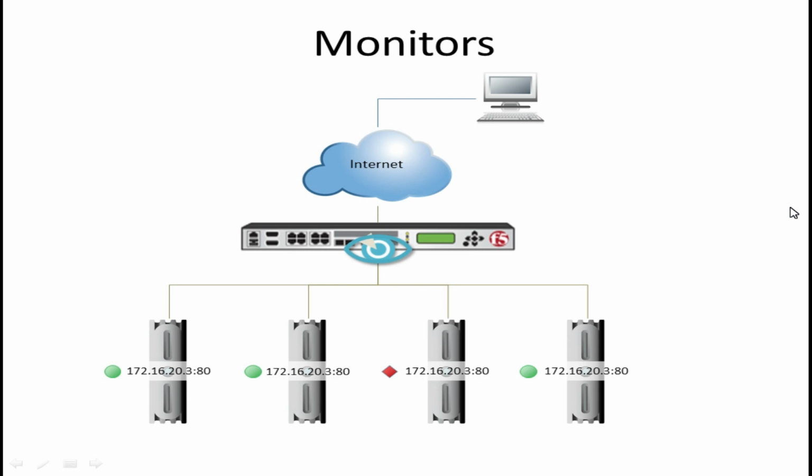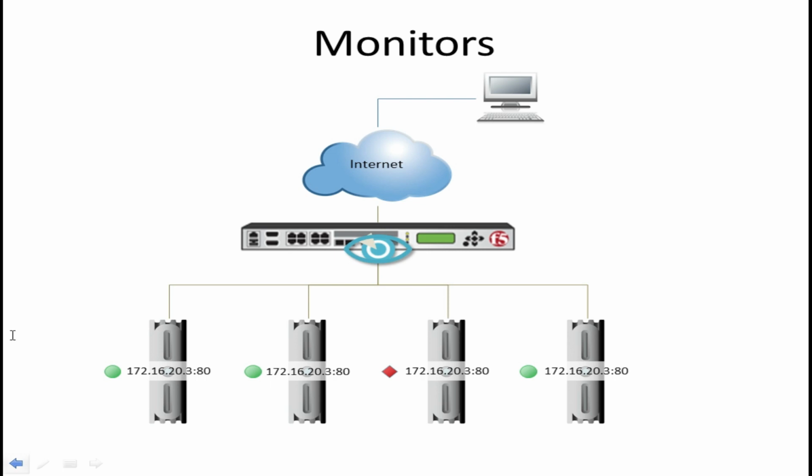Usually it keeps an interval. If we give it as 5, it will mark the node or the pool member down after 5 times 3, that is 15, plus 1, so after 16 seconds. When a health monitor marks a pool, pool member, or node as down, the BIG-IP system stops sending traffic to the device. A failing or misconfigured health monitor may cause traffic management issues, because if you misconfigure the health monitor, it will show the status of the device wrongly.